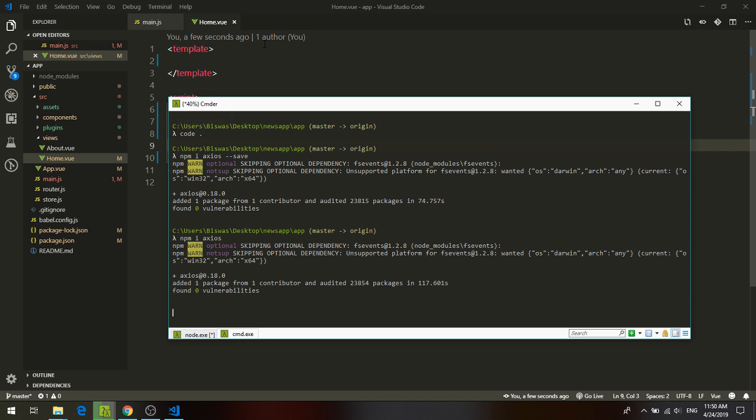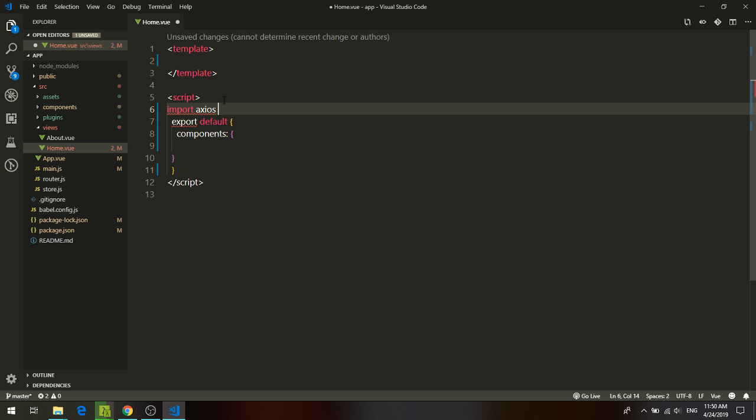So what we need to do mainly, main.js, import axios from axios. Is it okay? Let's do here import axios from axios. Okay,